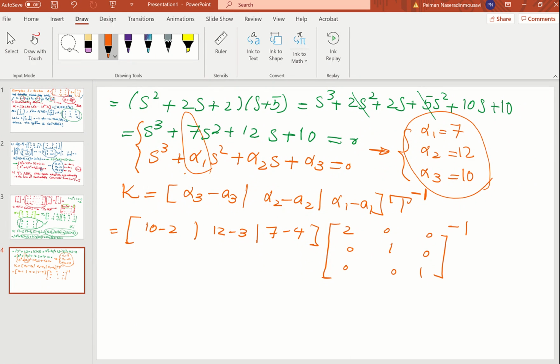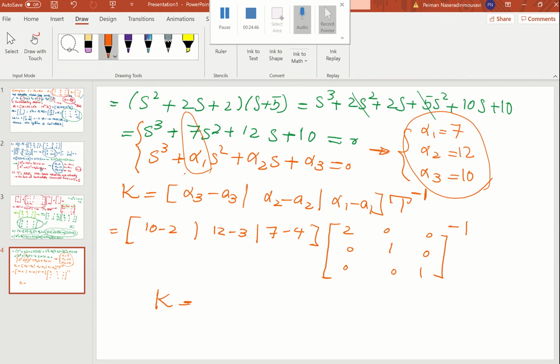Clear, guys? If you calculate that even by MATLAB, I'm just skipping here because we can do it by MATLAB. Okay, so let us do that. Let me show you. If I do that by MATLAB,